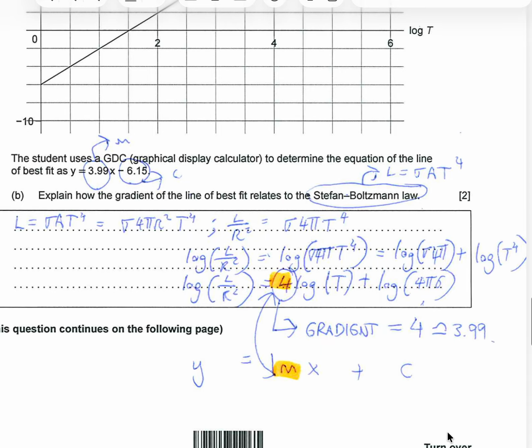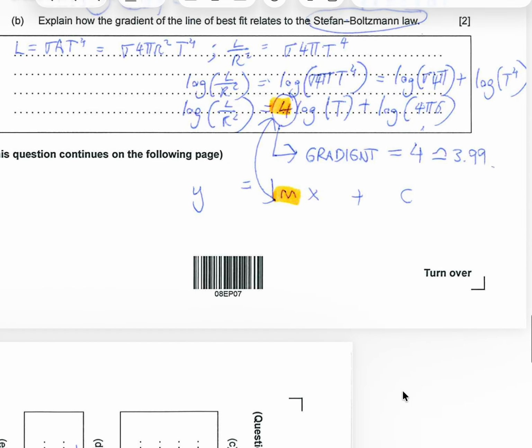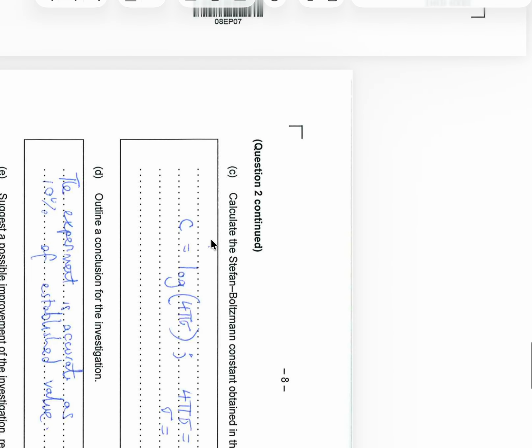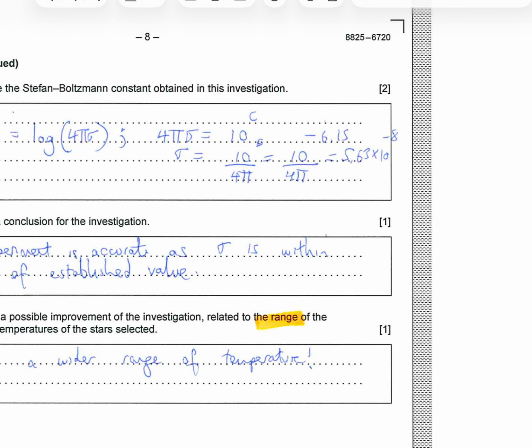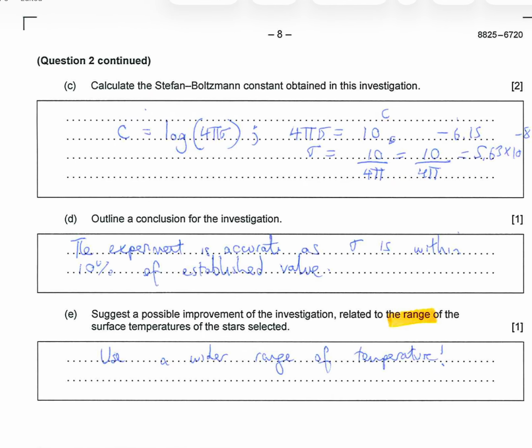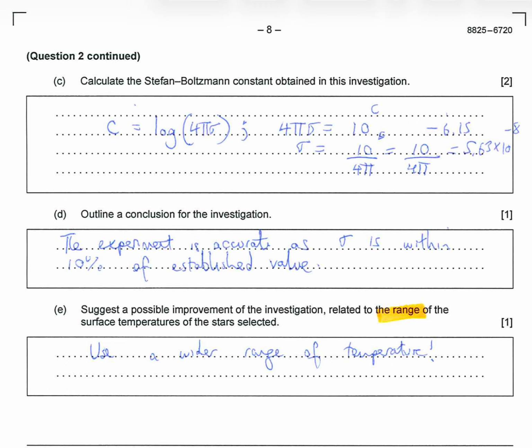Now, the next bit of the question relates to c. I'm just going to come down here and quickly rotate this around. In this case, we're being asked to determine the value of the Boltzmann constant. Now, if you've been asked about gradients, then you'll also be asked about y-intercepts. We saw in the previous that c, the y-intercept, is equal to 4 pi, log to the base 10 of